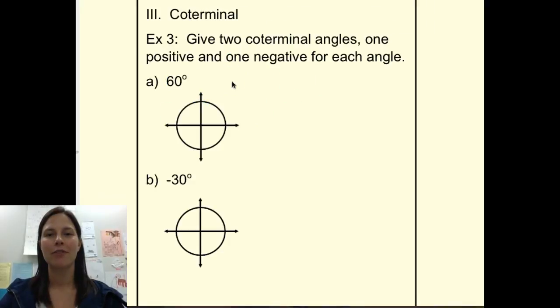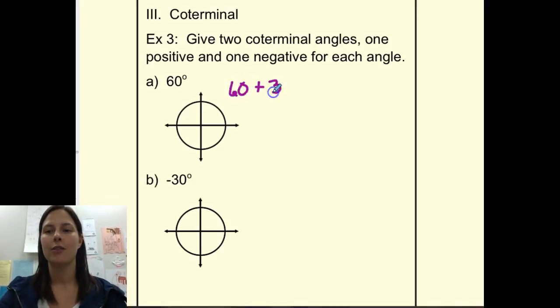Our final example for this lesson, we're looking at coterminal angles. We have a 60-degree angle. One coterminal angle would be adding 360 degrees. So here's our 60-degree angle. If we add on an extra full rotation of 360 degrees, that would give us a 420-degree angle of rotation